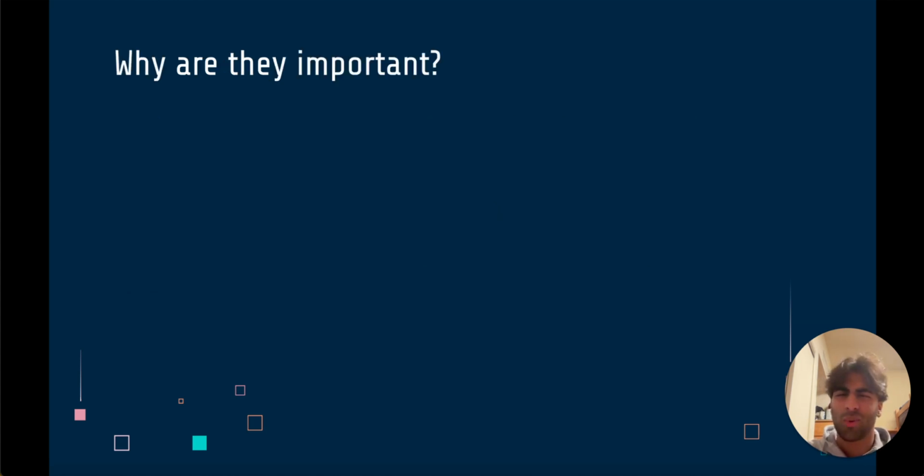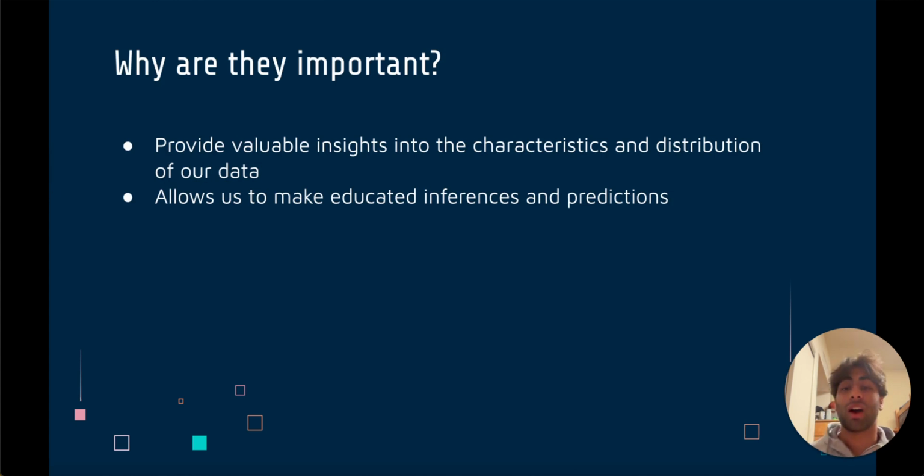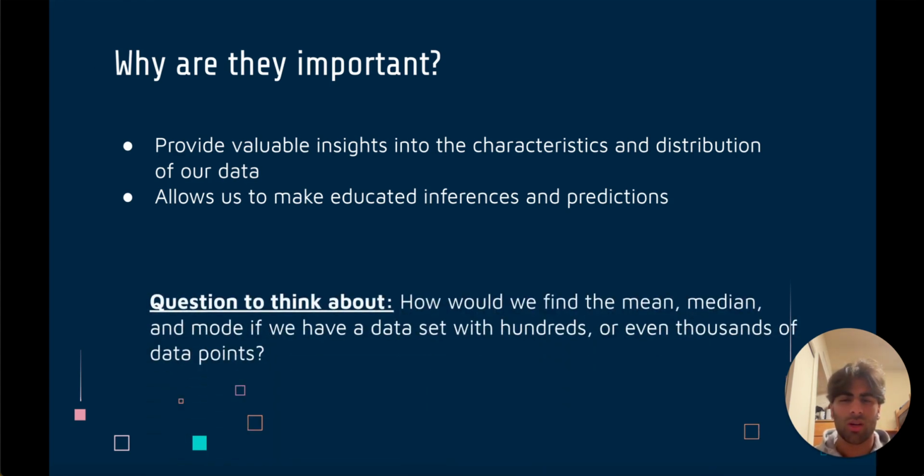So why are these important? These are important as they provide us valuable insights into the characteristics and distribution of our data. They also allow us to make educated inferences and predictions. So here's a quick question to think about. How do we find the mean, median, and mode if we have a data set with hundreds or even thousands